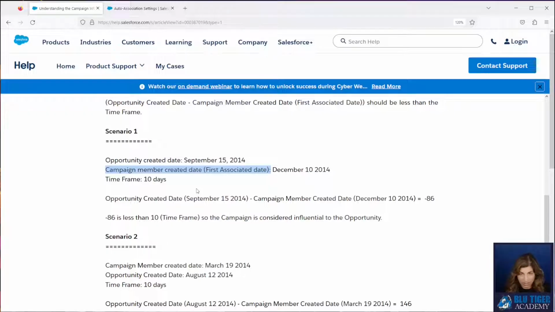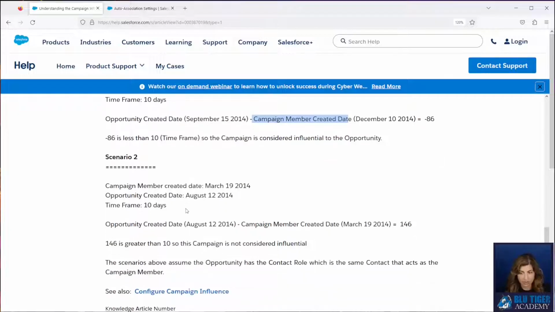It doesn't matter when the contact was added to the opportunity as a contact role, it just matters when that op was created. So what happens is the op created date minus the campaign member created date gives you the number that's going to be used to understand what the time frame was. So in this example, it's minus 26, so that's less than the time frame that was set, which is 10. So therefore, this campaign is going to create a campaign influence record on the opportunity.